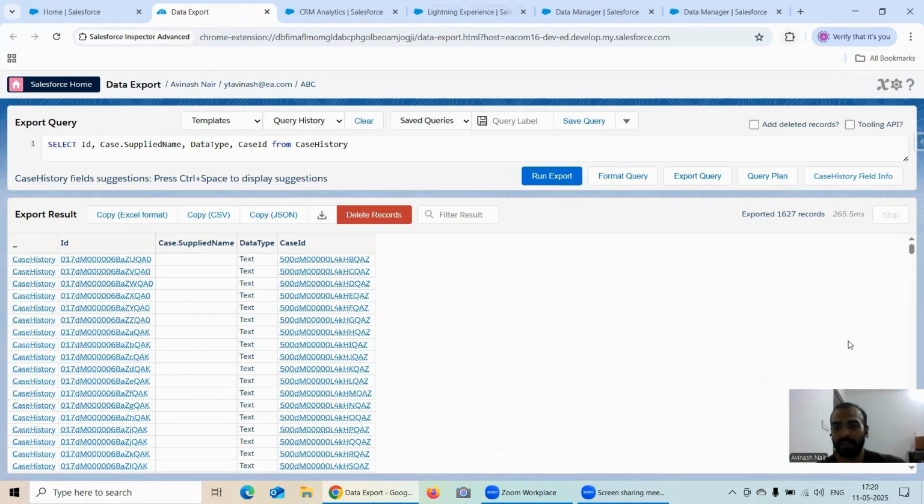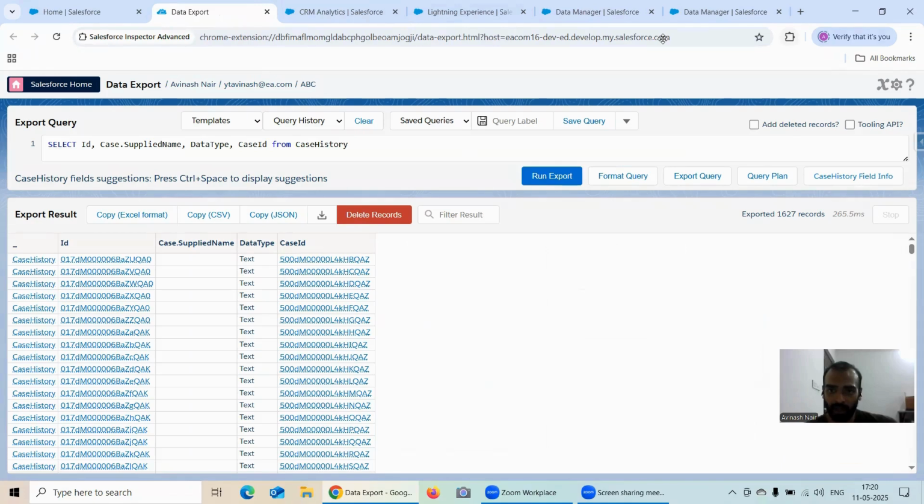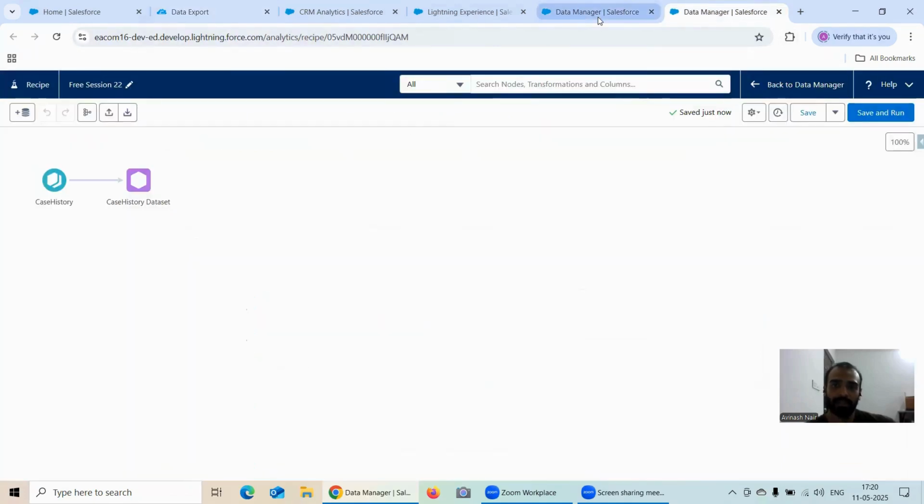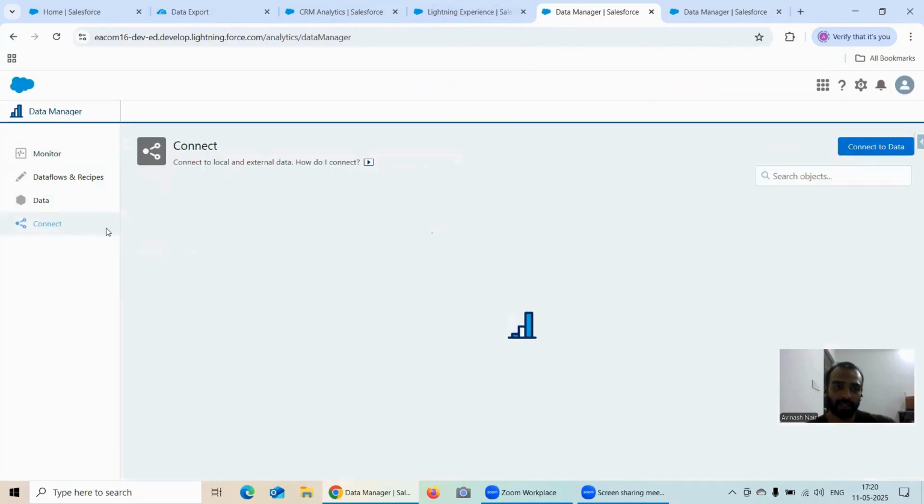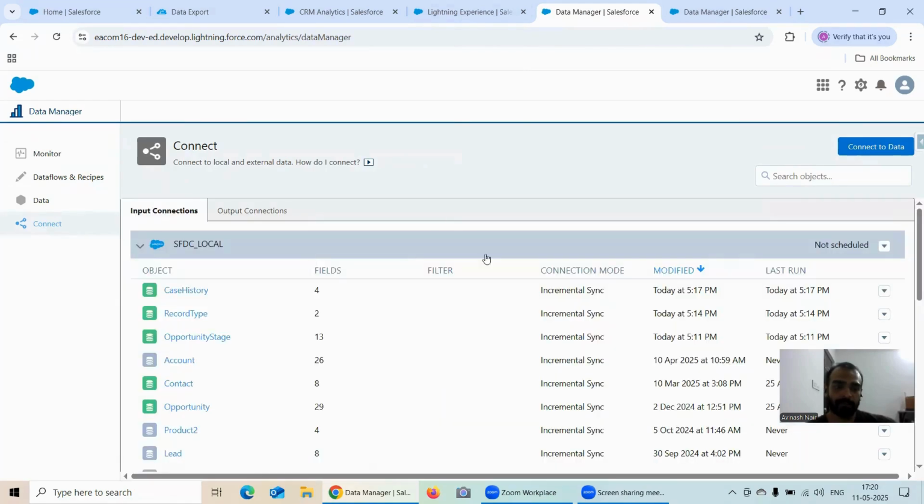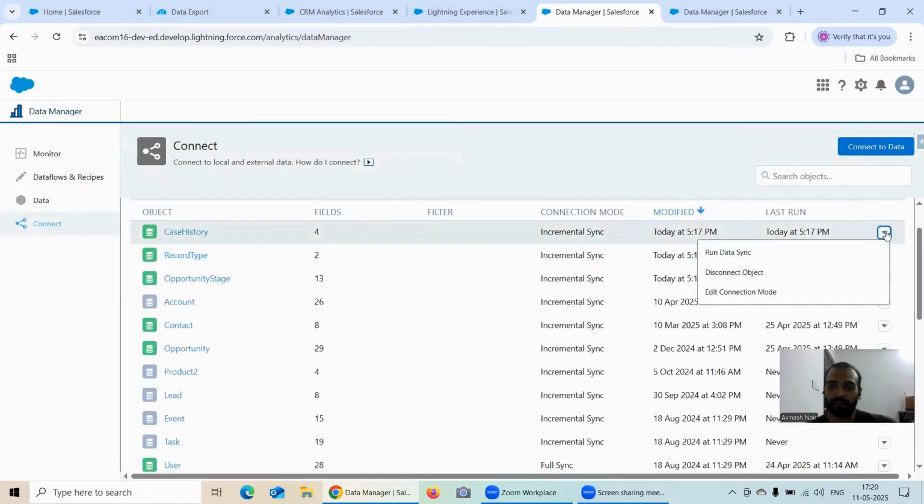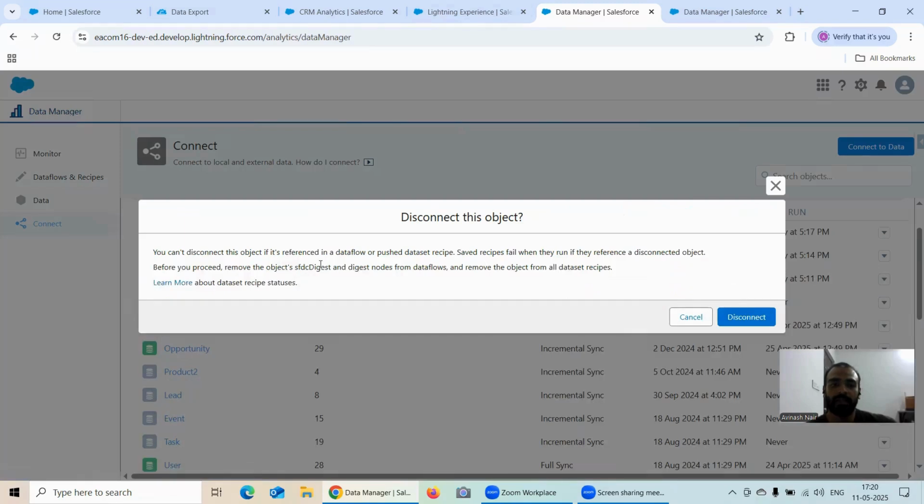But the main intention why I wanted to show you this is, now if I want to disconnect that, let's say I go to my connect, and I want to disconnect the case history object. For example, here if I click on this disconnect object, as you can see it's saying you can disconnect if it's within data flow, which is fine. So basically wherever this object is referenced, first you have to ensure you delete that, and then only that can be disconnected. So if I click on disconnect,